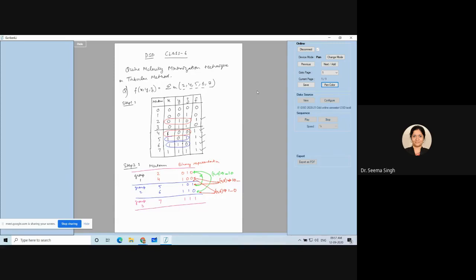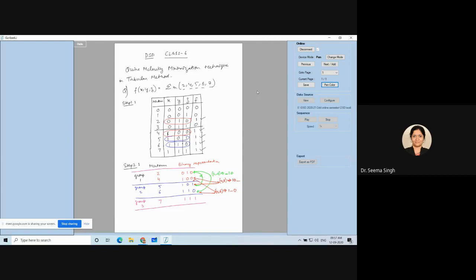Whichever bit is changing, only one bit, is written as dash, and the rest is copied as it is. So group 1 and group 2 pairing is complete. 2 to 5 was not possible. 2 to 6 I could do. Then 4 to 5 and 4 to 6 were possible. So I got 3 pairs between group 1 and group 2.